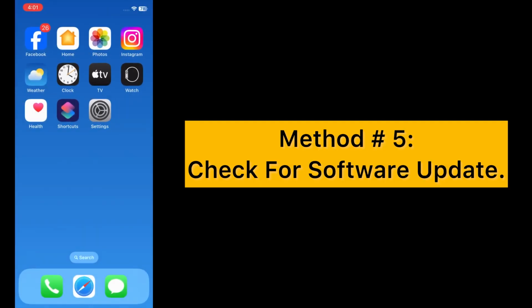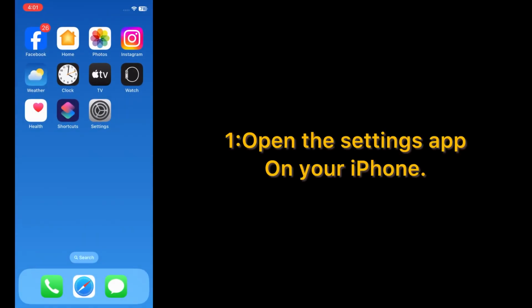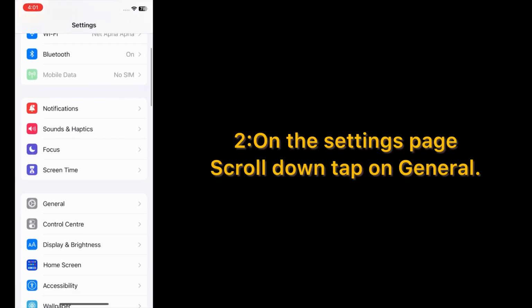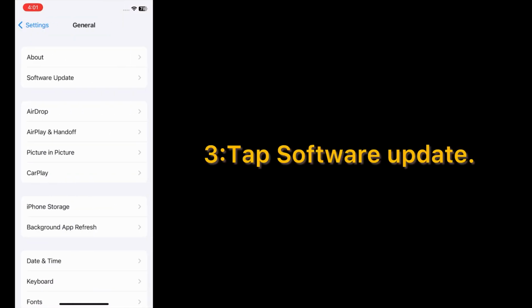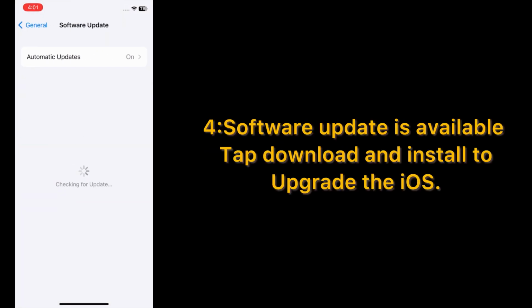Method number 5. Check for software update. Open the Settings app on your iPhone. On the Settings page, scroll down, tap on General, tap Software Update. If a software update is available, tap Download and Install to